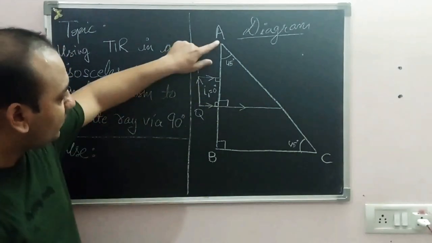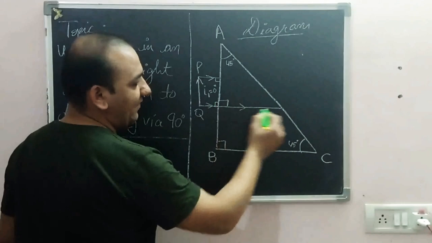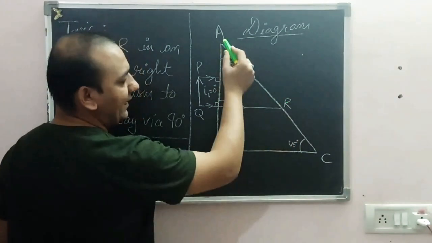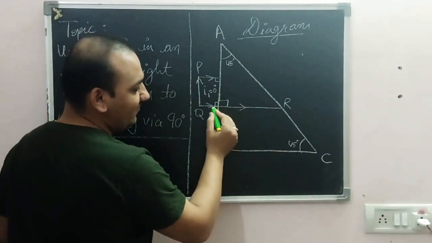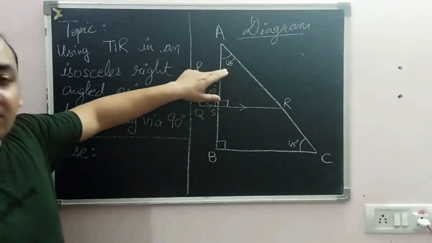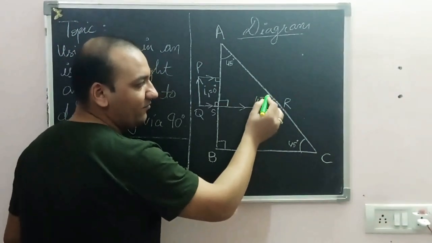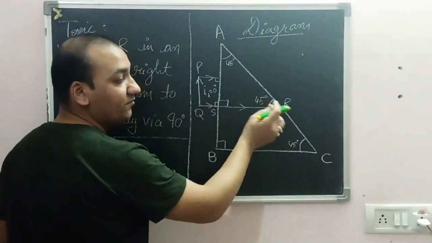Now if you see this particular triangle, I'm just naming this point, let's suppose, as R. In triangle ASR, one angle is 90, second is 45, third automatically becomes 45. So this angle is 45, and since we've touched another surface over here,